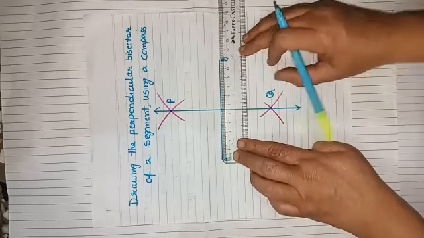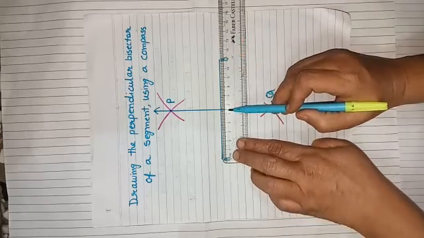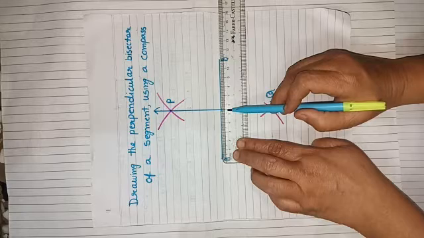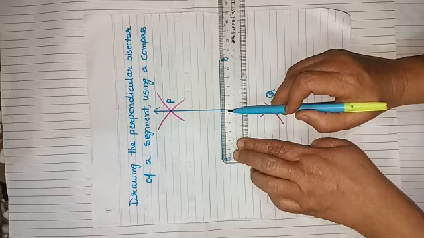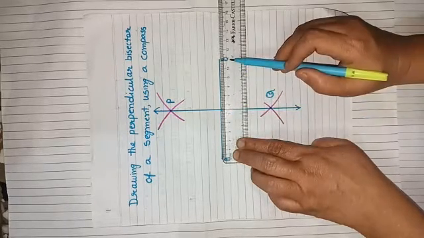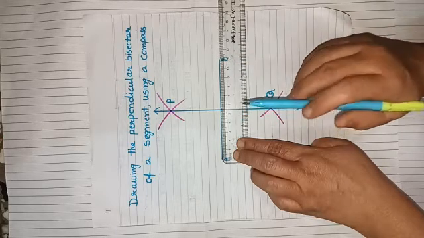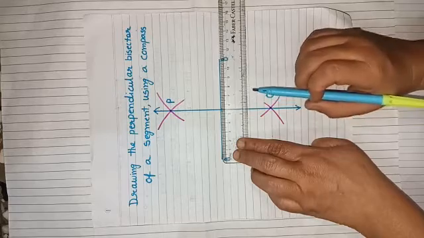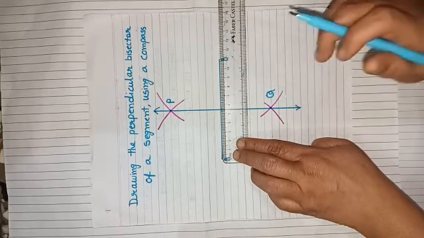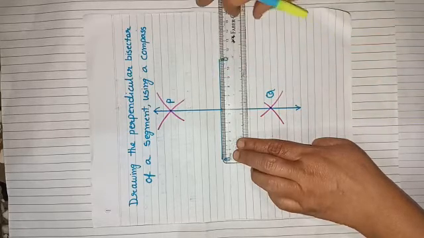And if you see the marking of the intersection point, this is 5.5, meaning the line segment AB, which is 11 centimeters in length, gets bisected or divided into two equal parts